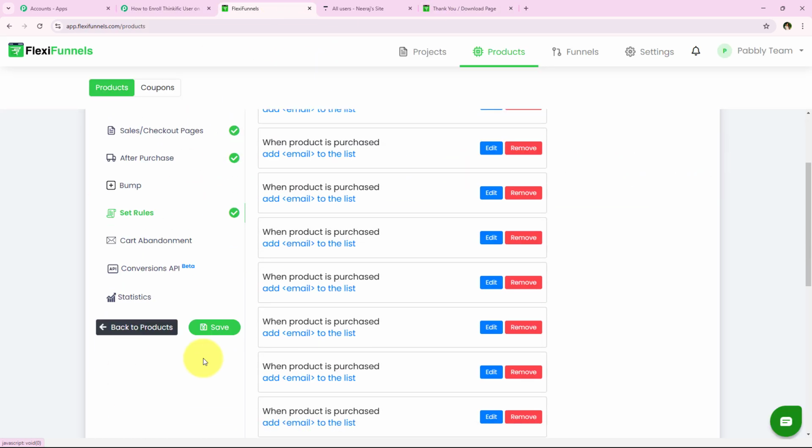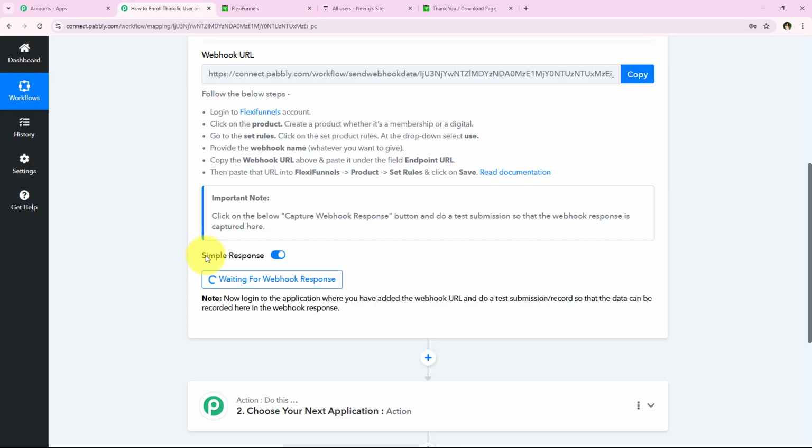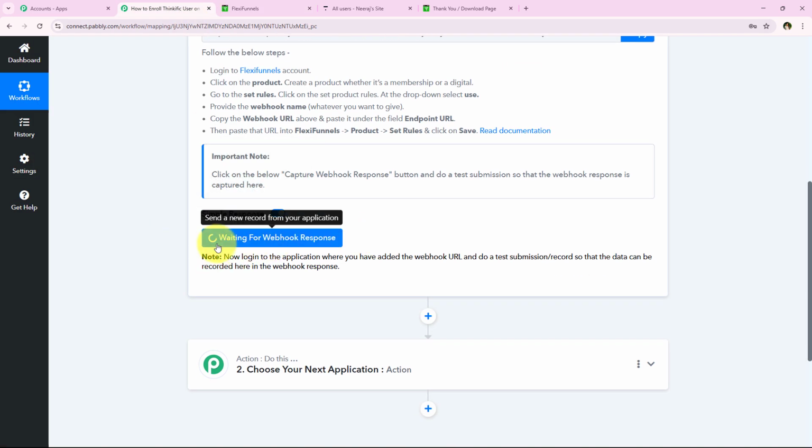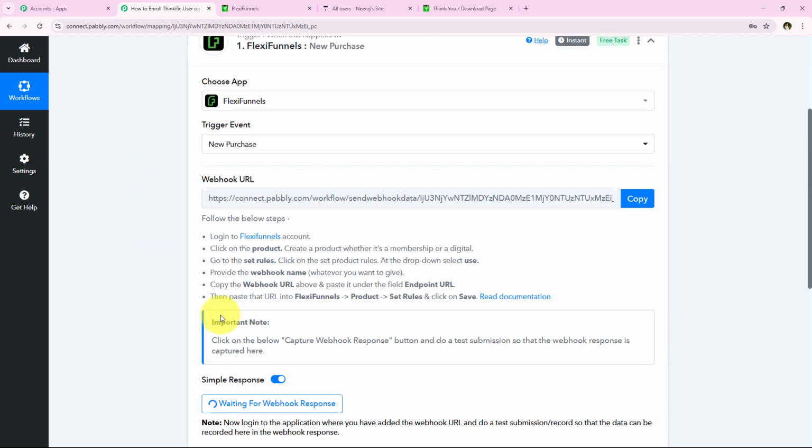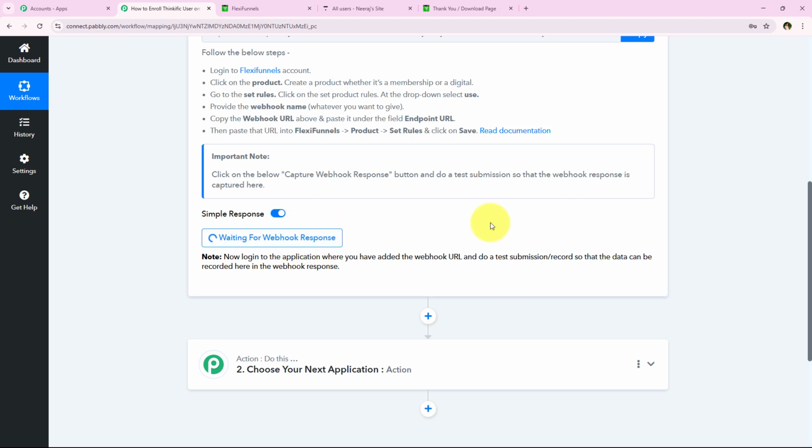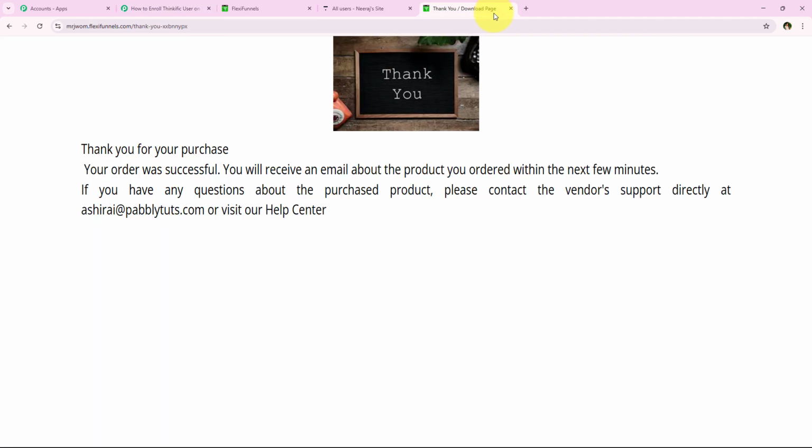Alright, so I'm just going to click on this save button right over here, and as soon as we click on this save, yes, you can see that we have successfully saved this too. But now it is saying waiting for a webhook response, and in the notes it is saying do a test submission / record. So in order to test our connection, we have to capture this webhook response and do a test submission or record. So to do this, I'm just going to open my page,